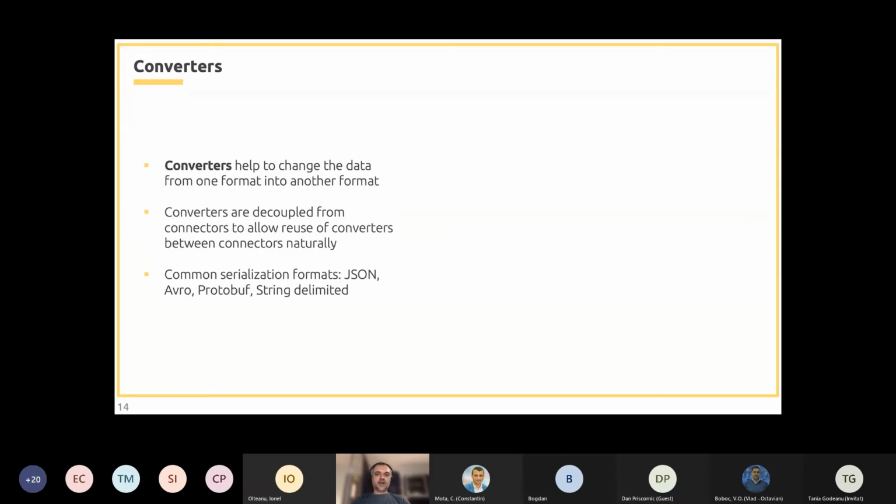Converters are decoupled from connectors, and this allows the reutilization of the converters between multiple connectors. And there are various serialization formats. Some common formats are JSON, Apache Avro, Protobuf, or Delimited.